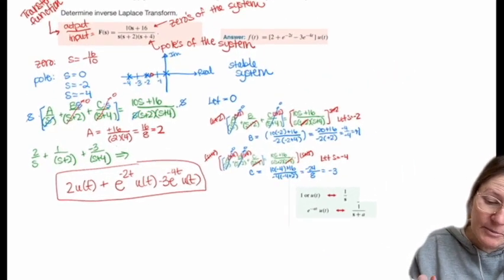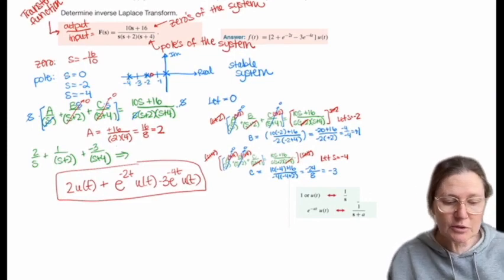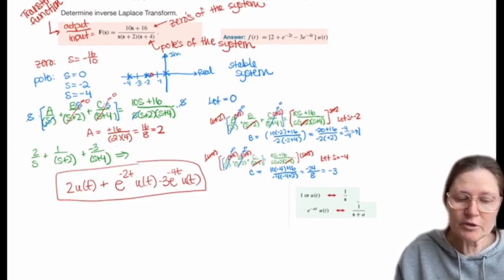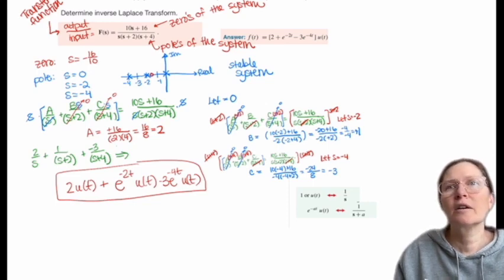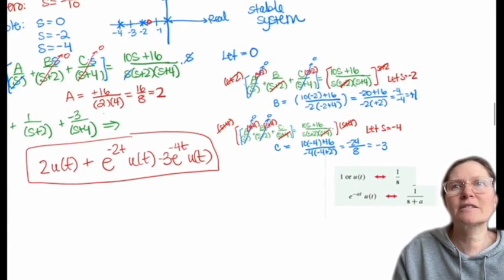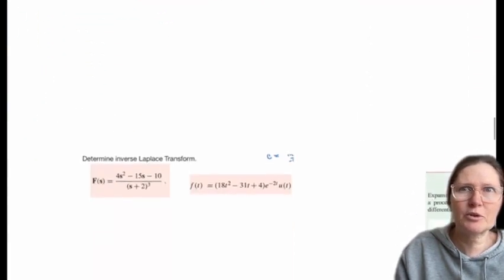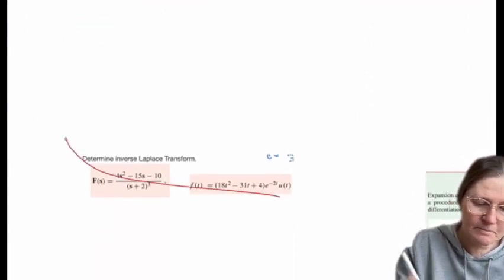It should be the same as the top one: 2 plus 2e to the minus 2t, yeah. So that is the same. All right, questions on this? Okay. For this next portion, which is this one,